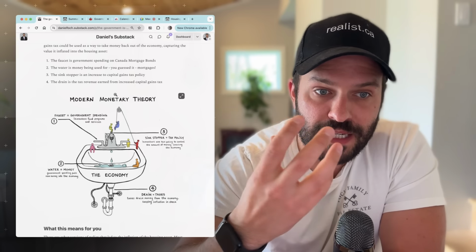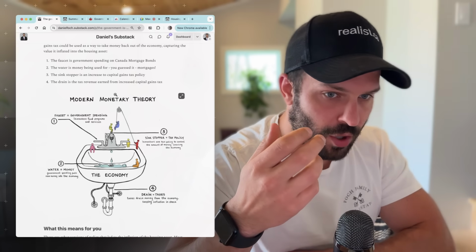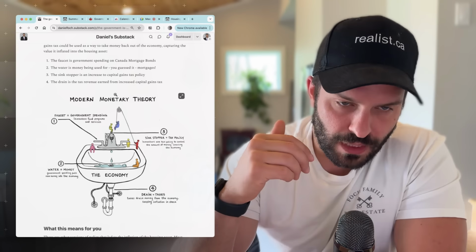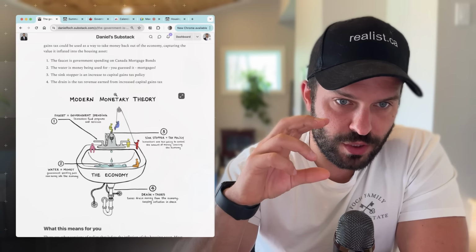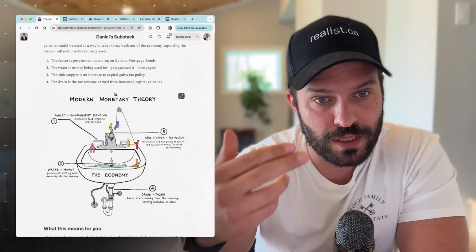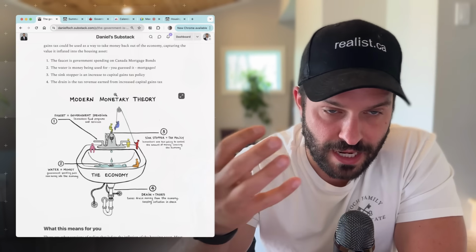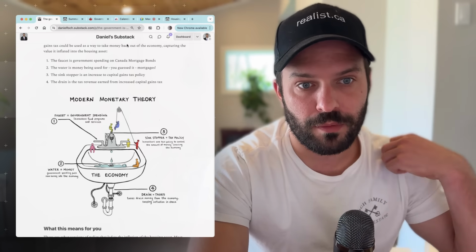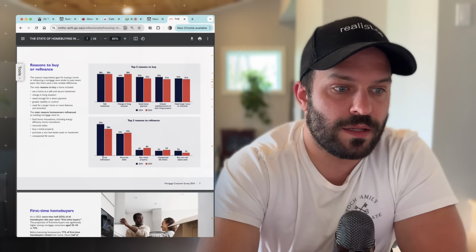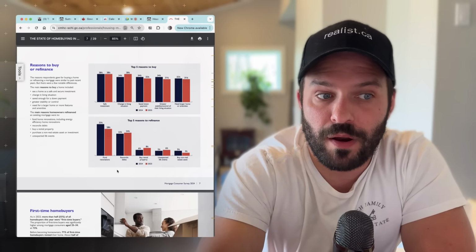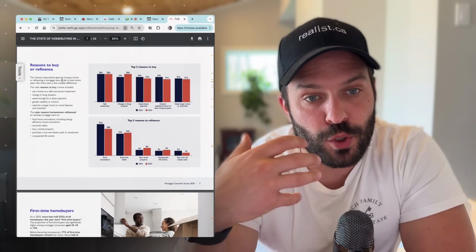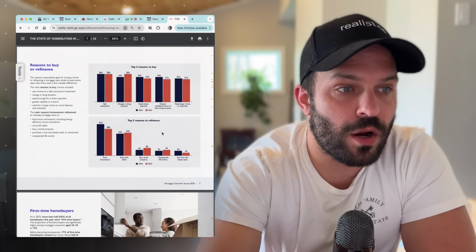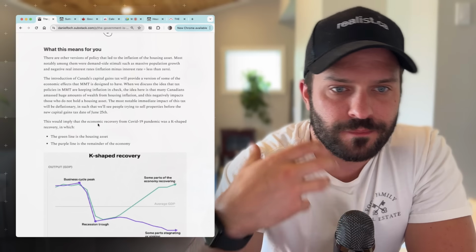So we've seen this modern monetary theory concept come full circle for Canadian real estate, in that you now have an environment in which this money's been pushed into housing and will continue to be pushed into housing. It can pay for renovations, which we just saw is the primary reason that people are refinancing. Funding renovations is one of the primary reasons that people refinance. So this is that money being pushed into housing that's helping to fund contracting companies or other members of the economy. So what does this mean for us, real estate investors?